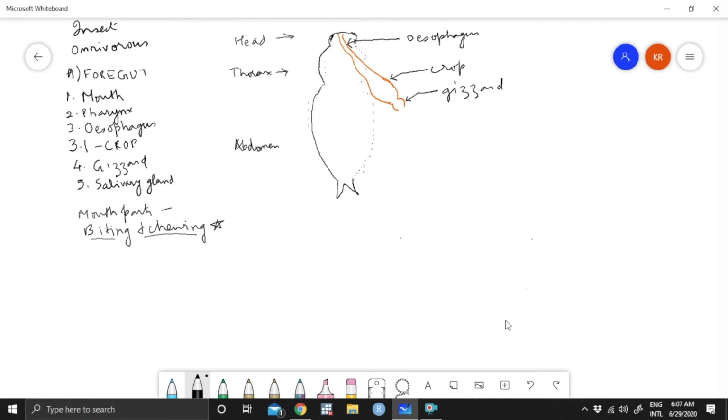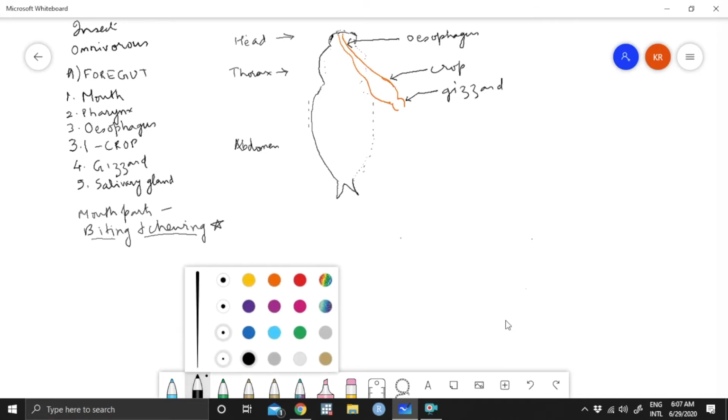So that is the mouth over here, but we cannot show the mouth in this view. All that you can see is maybe some squiggles over here. So that is the mouth leading into a very short pharynx, then into the esophagus. So here we will also show salivary glands. Let's try to use another color.